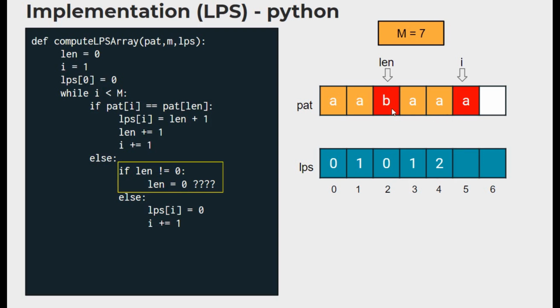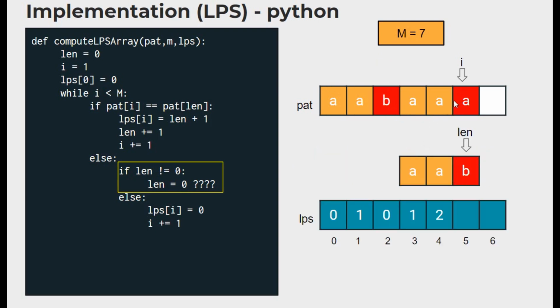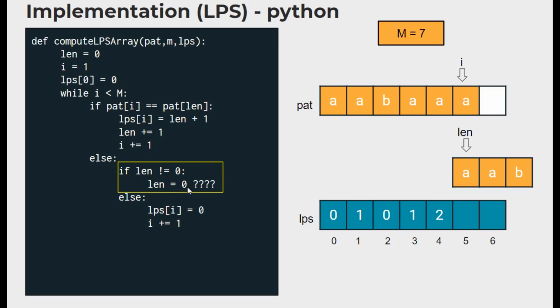Let me bring this part down so that now you can see this is going to be exactly the same scenario that we discussed for the search method. When there is a mismatch here, we know that this and this match. Actually, this is present here. Just because there is a mismatch here, we cannot start all the way from the beginning, right? But that is what we are doing here by assigning length as 0. This A has to overlap with this A, and we have to actually compare this I with the first position.